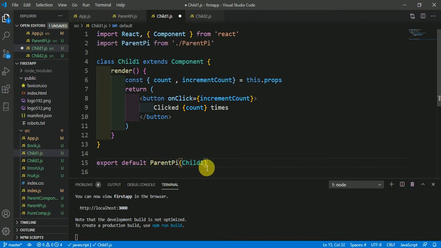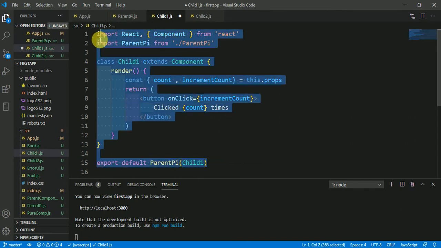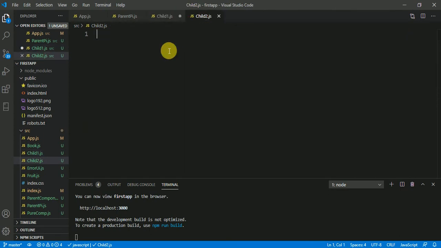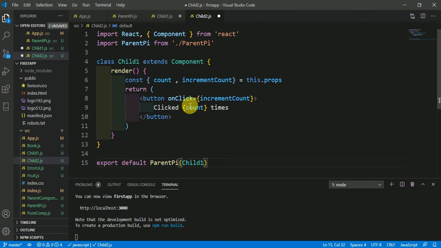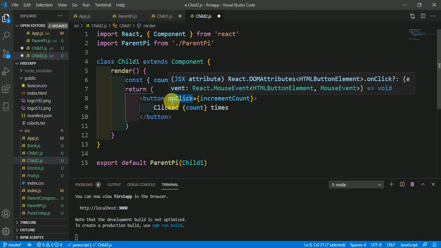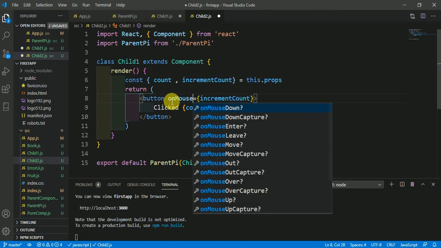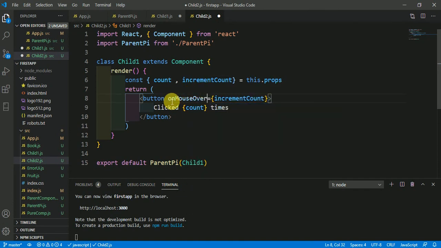Okay, now everything will remain the same in child2 except one thing. So here in the place of this onClick event, I am using the onMouseOver event. Okay, and here instead of this child1, this will be child2.